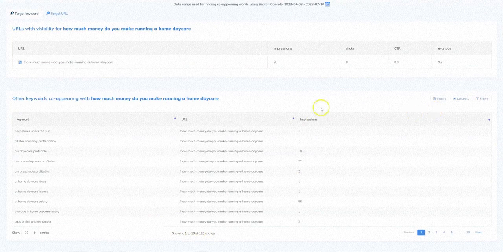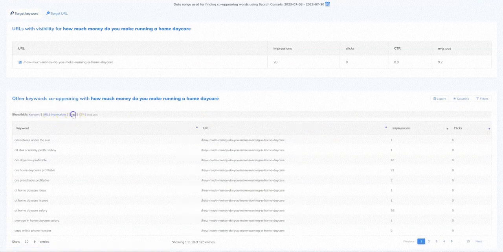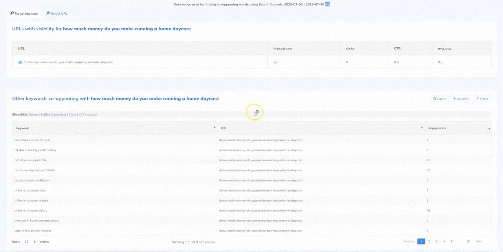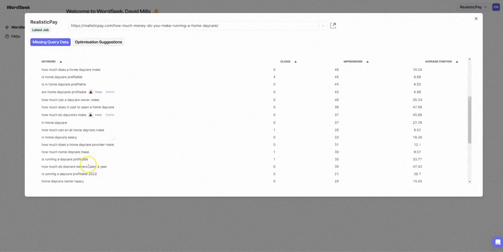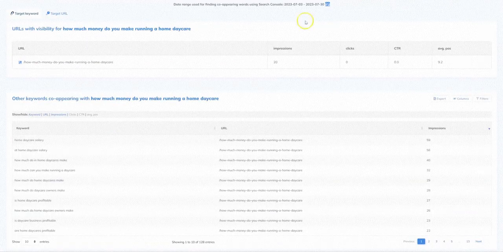So what we can do is you can adjust the columns. I have just impressions right here. If you want to click this column button over here, you can actually add the clicks in as well. But I'm not really interested in clicks. I'm really just interested in impressions, right? So we have impressions, and then we can go up here and look at what is getting the most impressions. This coincides with WordSeek right here. So this is basically the data that we're getting over here in Neuron Writer. But